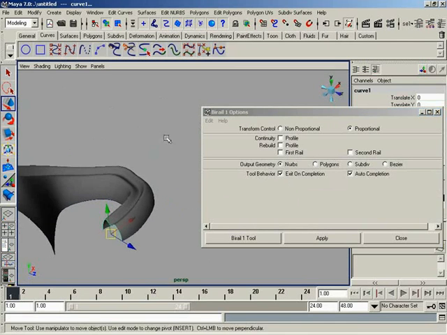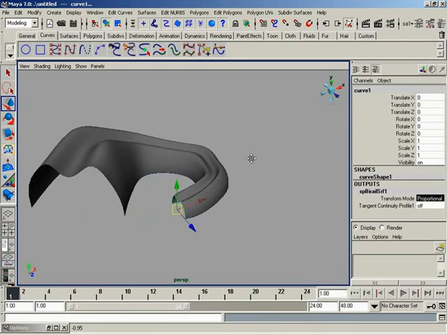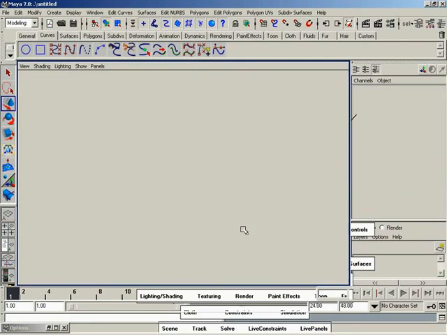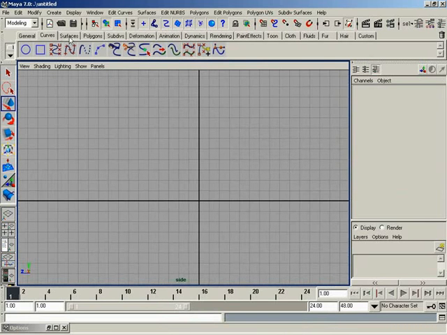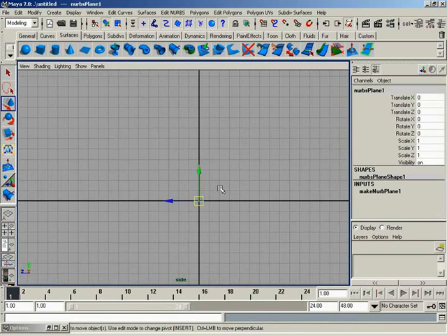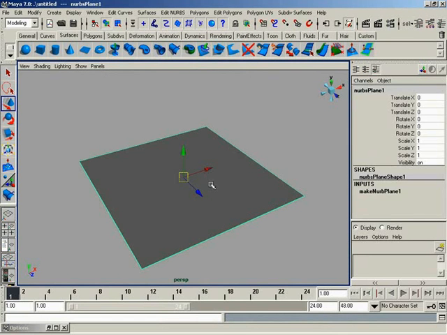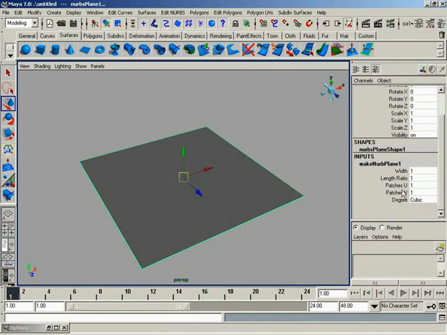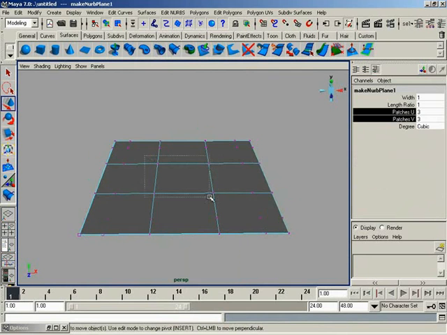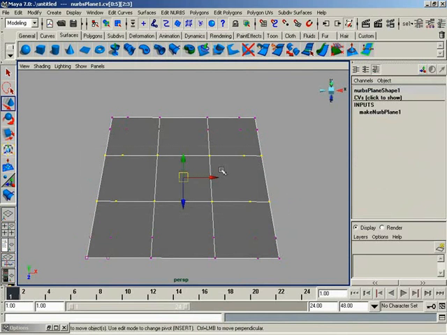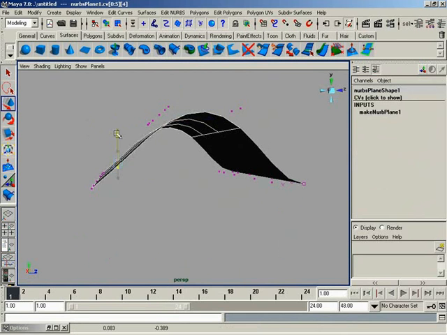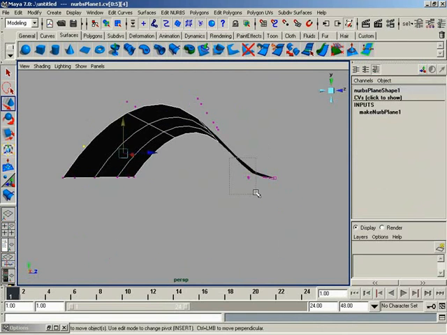Now, as for keeping tangential continuity with a surface, let me go ahead for now and delete out this example. It seems to have served its purpose. And let's create a NURBS plane. And let's see, I'll frame up on it because it's a little bit small. We'll give it some patches in U and V, and now I'll just do some sort of modeling changes to it. We'll start off by kind of opening it up like a tunnel, but then that in itself is maybe a little bit on the boring side